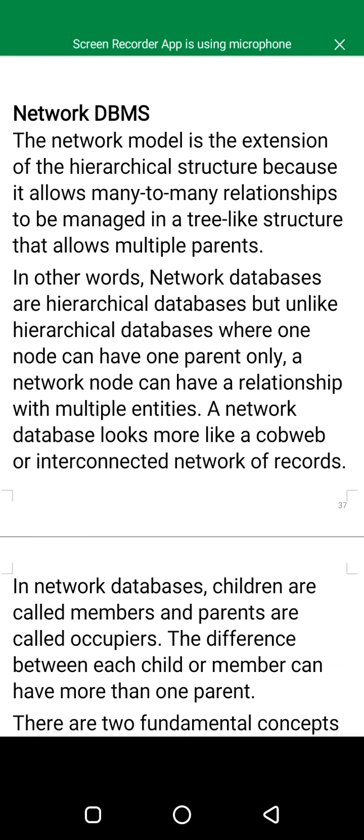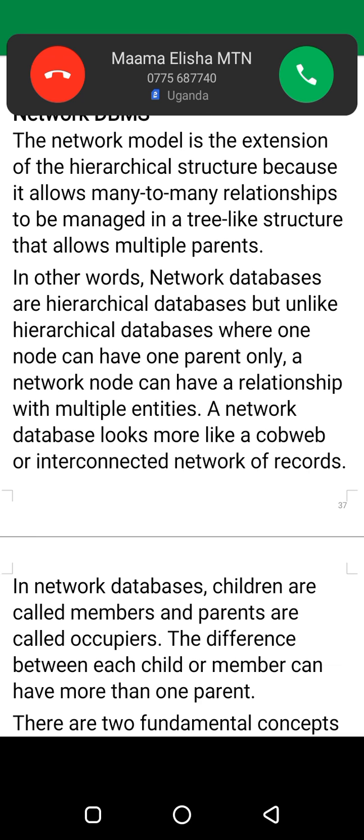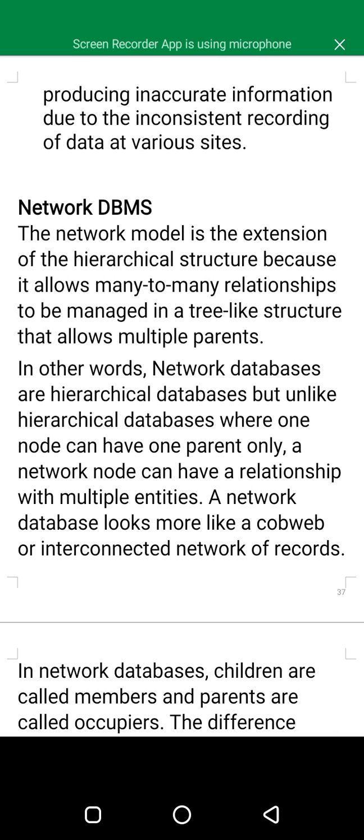Let's look at the network database management system model. The network model is the extension of the hierarchical structure because it allows many-to-many relationships to be managed in a tree-like structure that allows multiple parents.